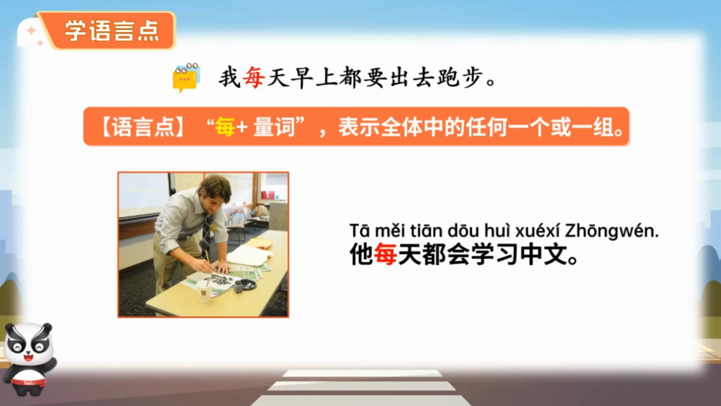Apart from that, we can also say every year 每年, every month 每个月, every week 每个星期 or 每周. Give it a